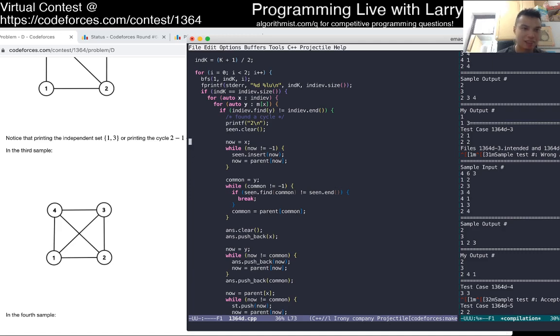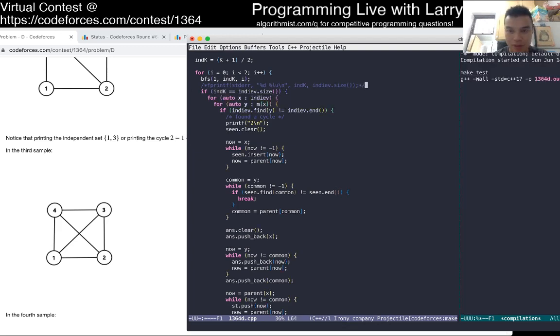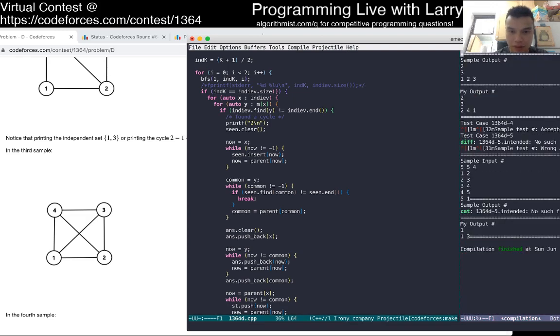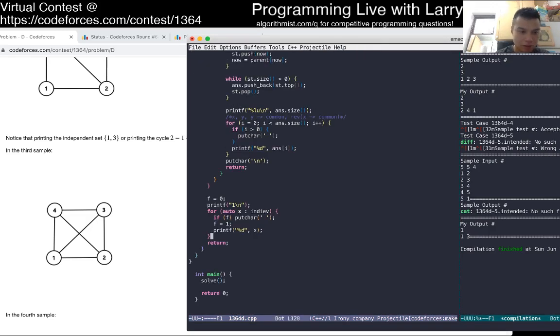Is that all I needed? Well, I had a couple of minor mistakes as well, but alright, let's try again. I'm missing a... That was bugging me a little bit.